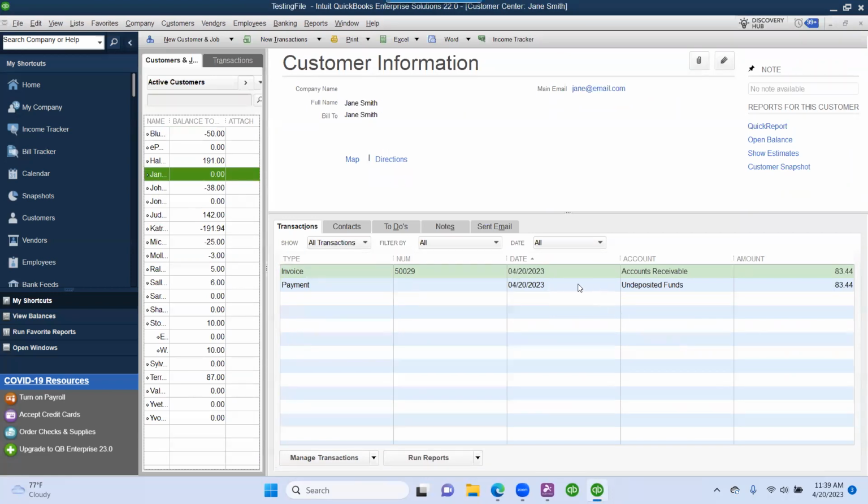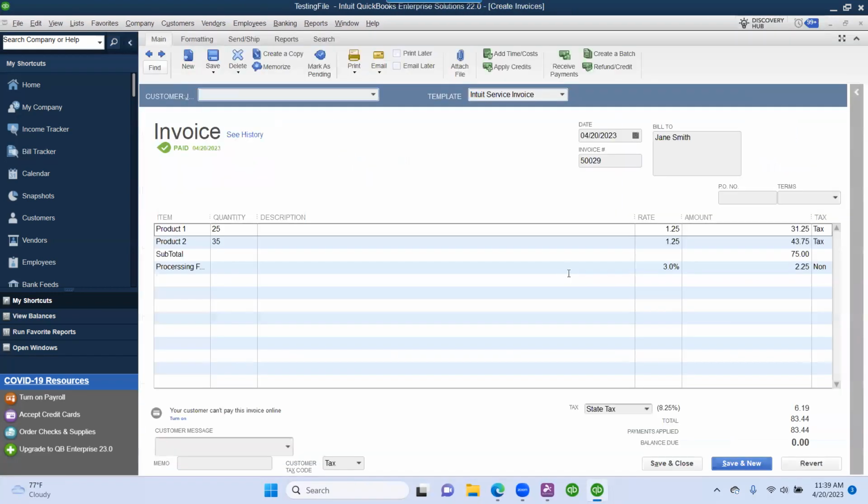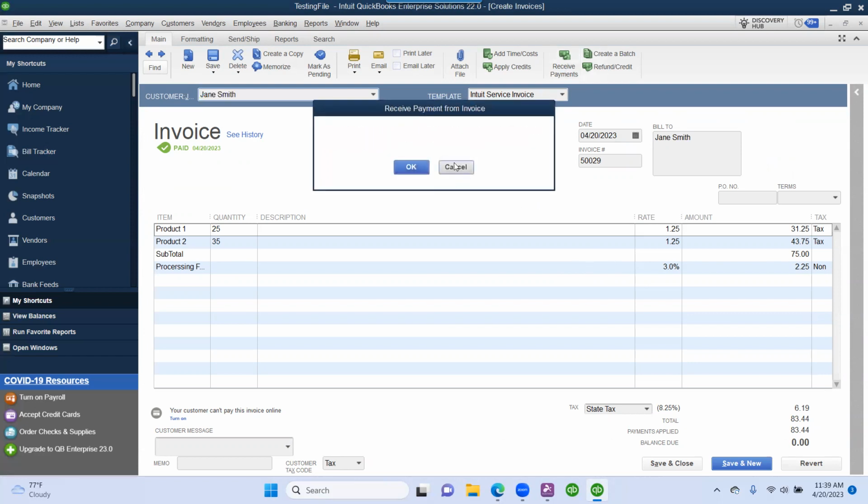And does it show as paid immediately or does it update later on? Yes. Okay. Well, once the payment is approved through the way that we were doing it, it will. What happens is when you create the payment in QuickBooks, when you hit receive payments, let me